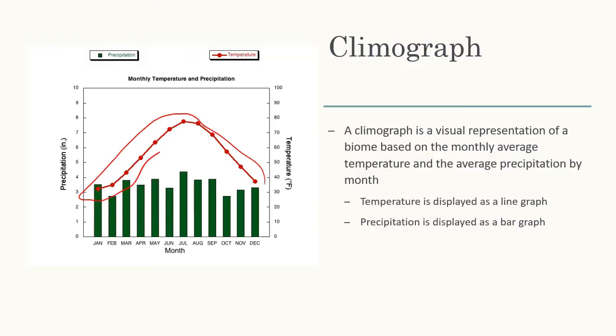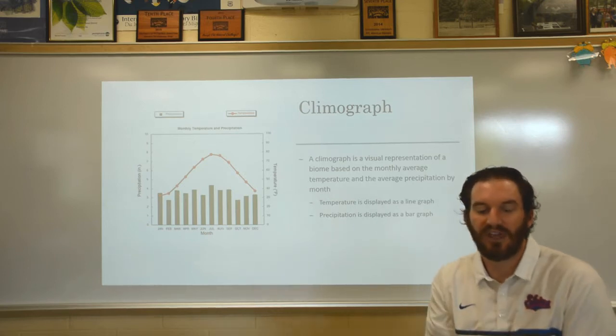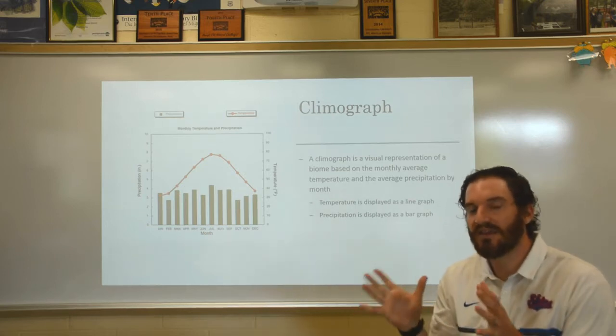So this line graph that goes up and over here, that is our average temperature. Okay, and then each bar you see down here, that is the amount on average of rainfall that they will get per month per year. So what they've done is they've taken the monthly average of precipitation and then they've carried it out through the course of the year. So what this allows us to do is really get a representation of what the biome